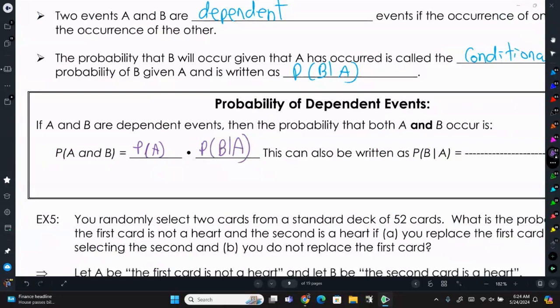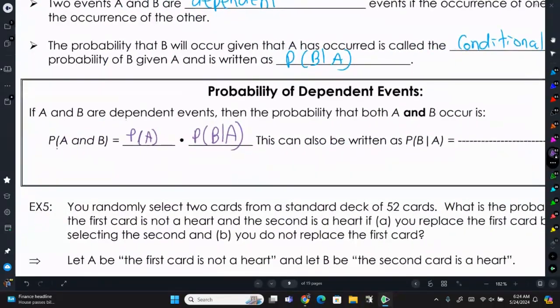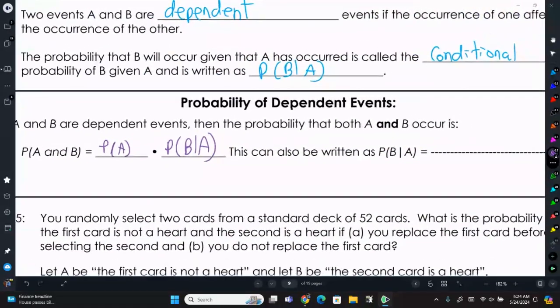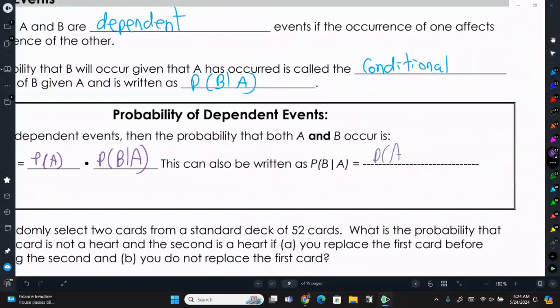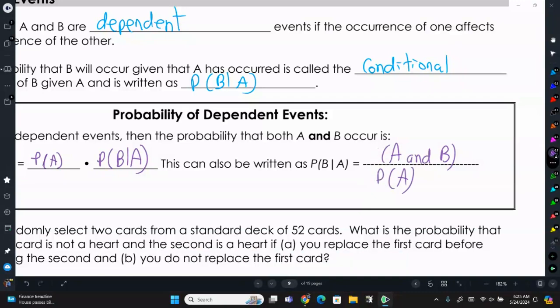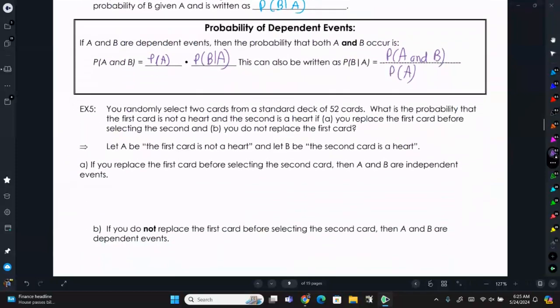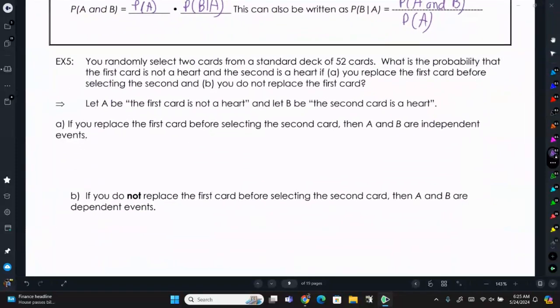And it can also be written, if we divide both sides by the probability of A in this left equation, the probability of B given A would be the probability of A and B over the probability of just A occurring. And again, we use these formulas in some instances, but a lot of times it's just easier to think about the problem. So for example,